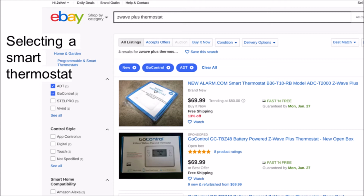I chose Z-Wave because traditionally Z-Wave has been cheaper than Wi-Fi devices, but also more intelligent. Well, now many Wi-Fi devices, particularly thermostats, can be found at similar price points and functionality. I would caution that Z-Wave devices can be more difficult to install than their Wi-Fi counterparts, but that does come with some increased functionality, such as the ability to stay off the home's internet completely. At any rate, I went with a $65 Z-Wave Plus thermostat and decided to swap it out with my existing